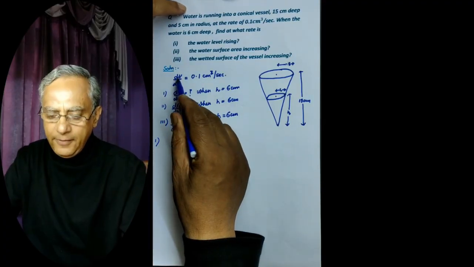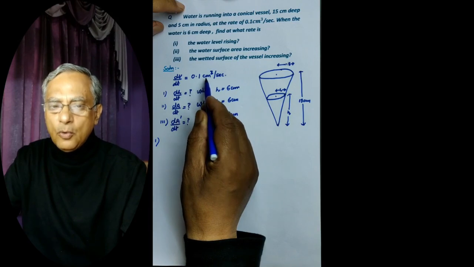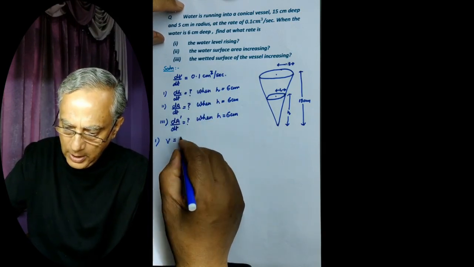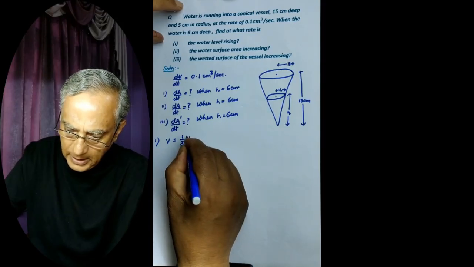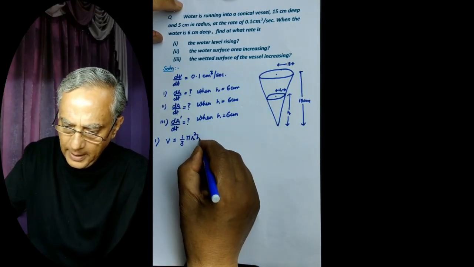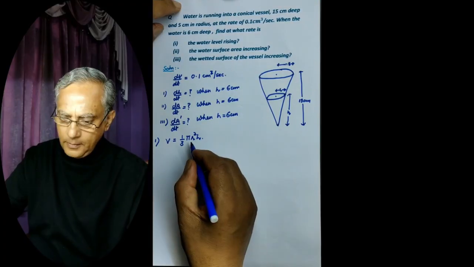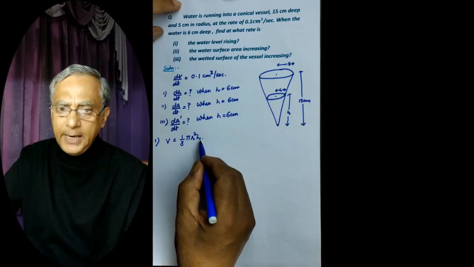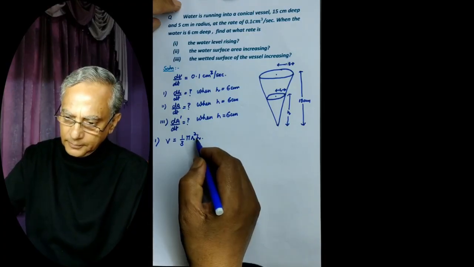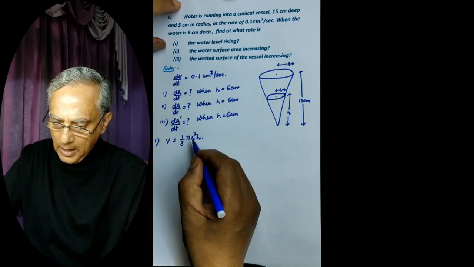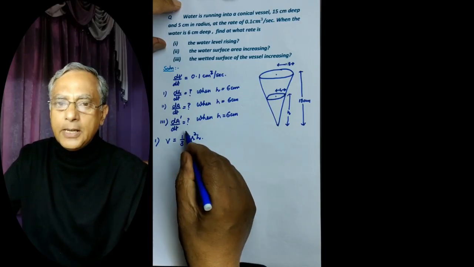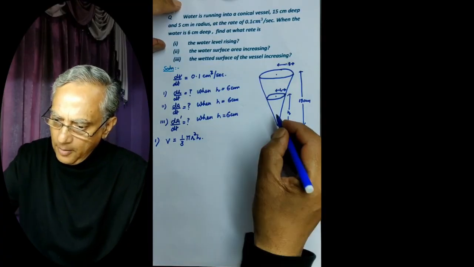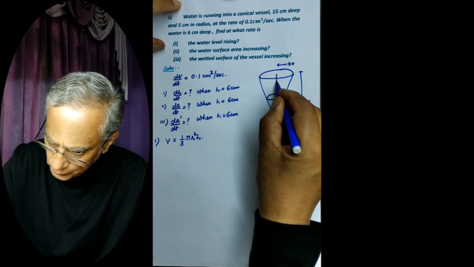Now we are given dV by dt is equal to 0.1 centimeter. Now volume of a cone is 1 by 3 pi r square h. This is the volume of the cone. Now we express this in terms of a single variable, that is h. What we do is, from here